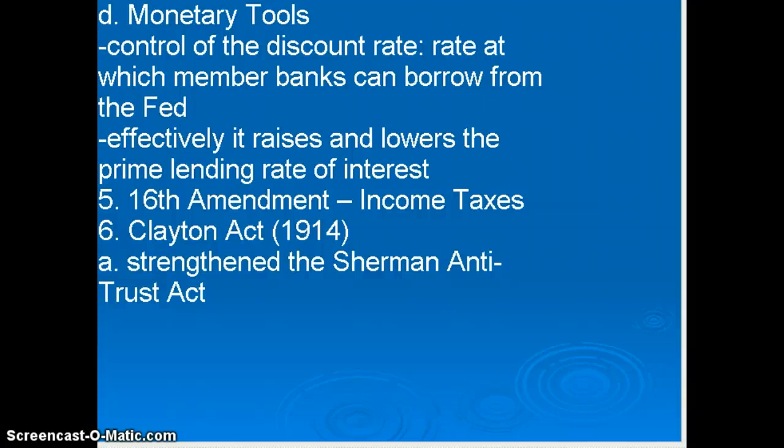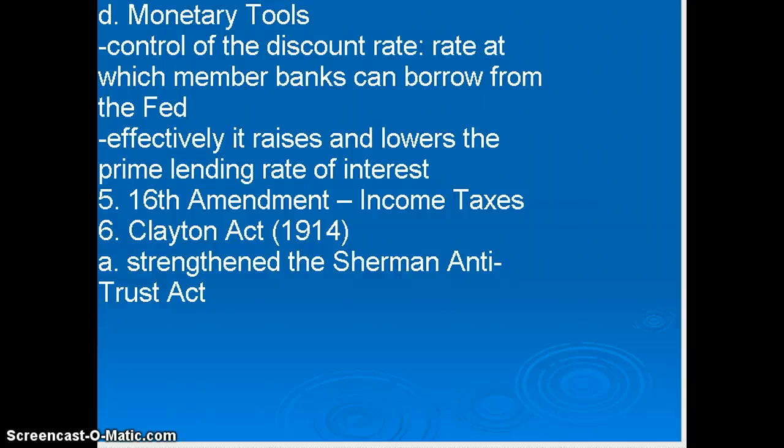On the other hand, if the Federal Reserve decides to raise the rates, let's say they loan money to banks at 4%, then the banks will turn around and start loaning money to people at 8 or 9% if they have good credit. So this is a way of raising and lowering the interest rate. It is an incredibly powerful tool and is frequently used to manage the economy, unlike the budget, which the Congress and President control.